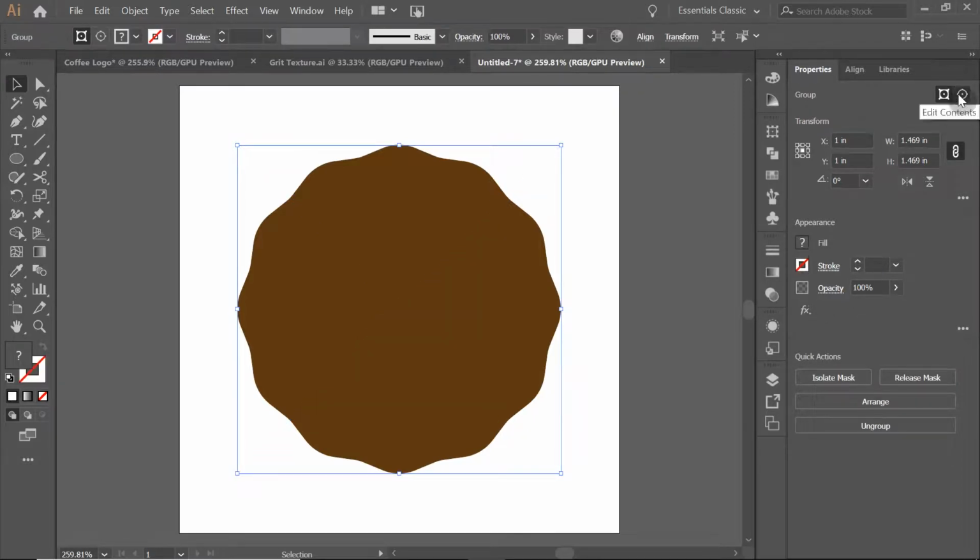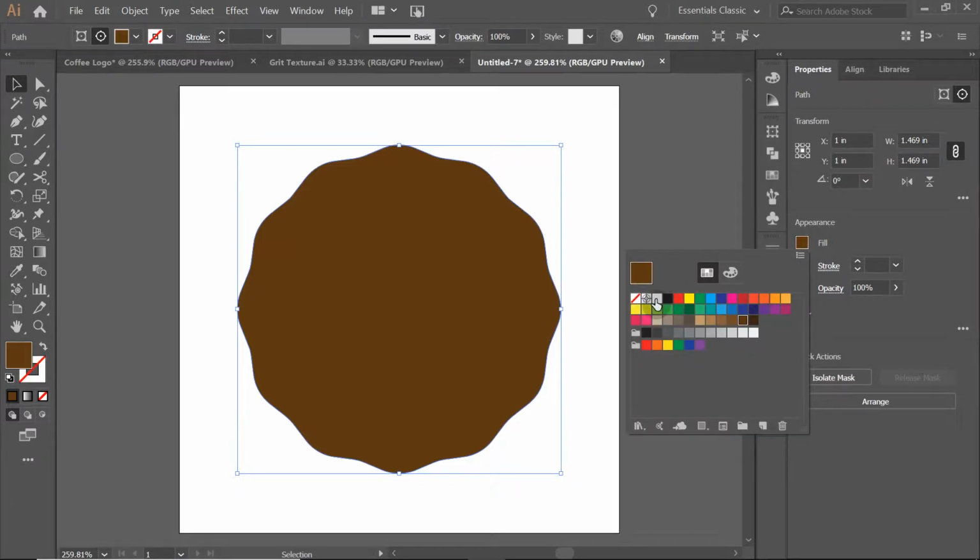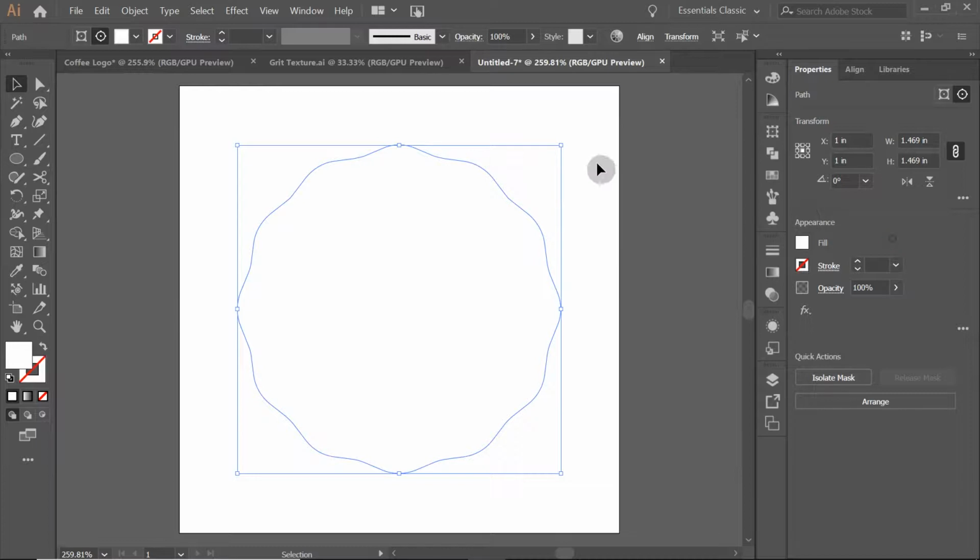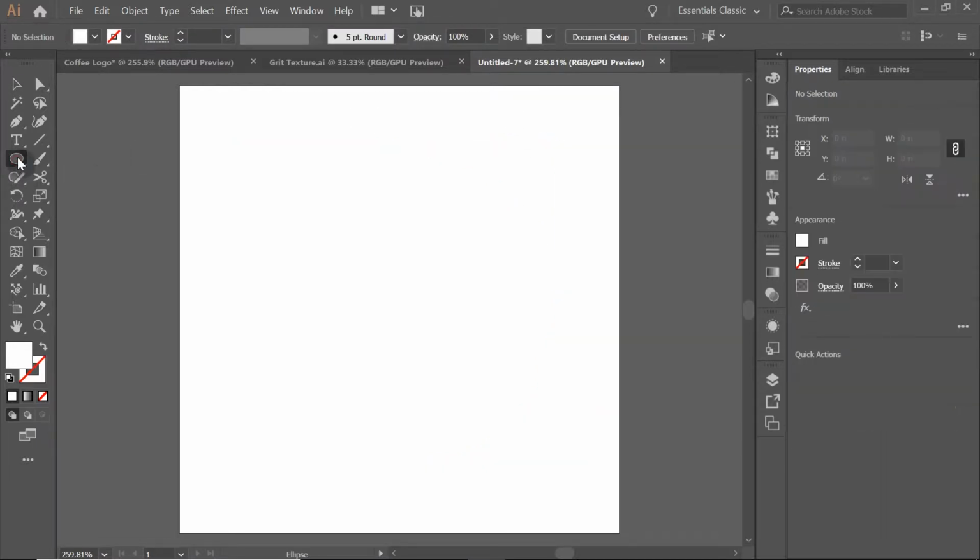Embed, and then edit contents, which will allow us to edit this file in its linked state without having to embed it and then deal with all of the masking issues. So we basically just want to fill this with white so that when we add our